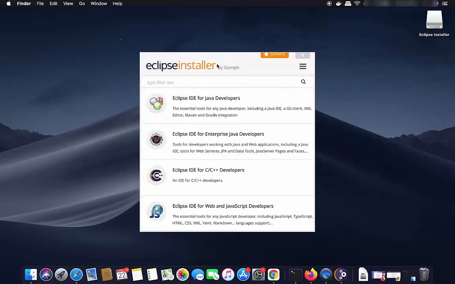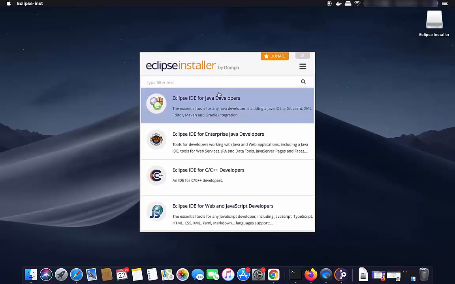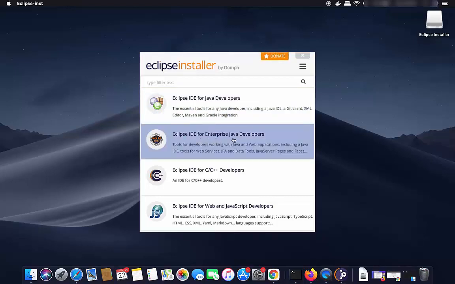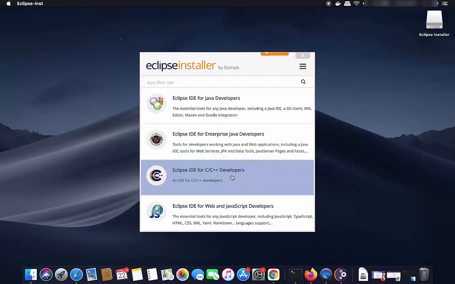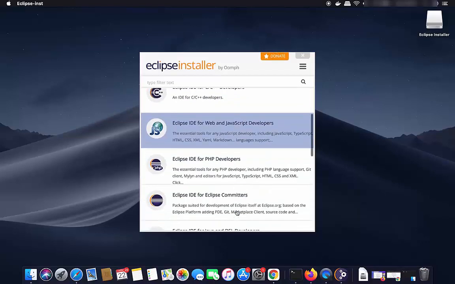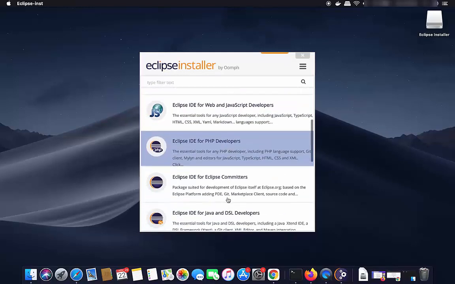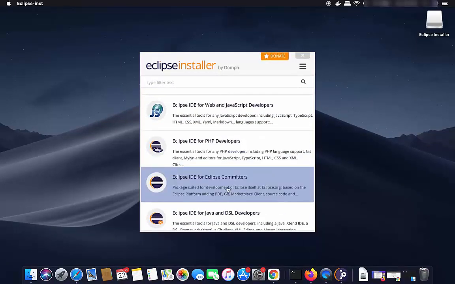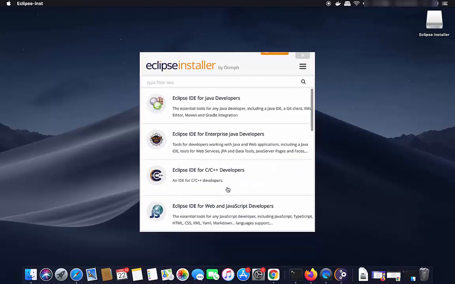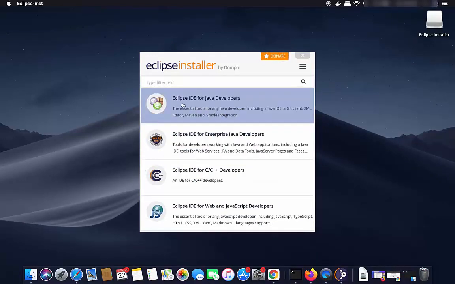So now I can see this installer. Here you can choose different kinds of Eclipse IDE for your usage. So you can see Eclipse IDE for Java developers, Eclipse IDE for enterprise Java developers, C++ developers, JavaScript developers. So you can see Eclipse has support for many different languages, and it has support for many different technologies. So what I'm going to do is I'm going to select this option which says Eclipse IDE for Java developers,